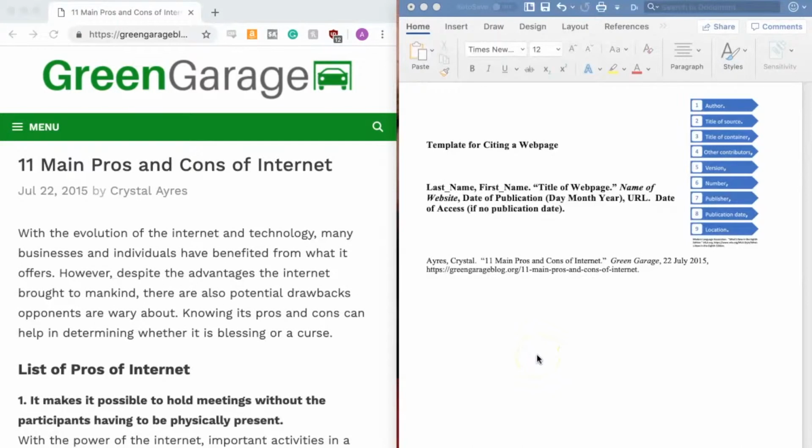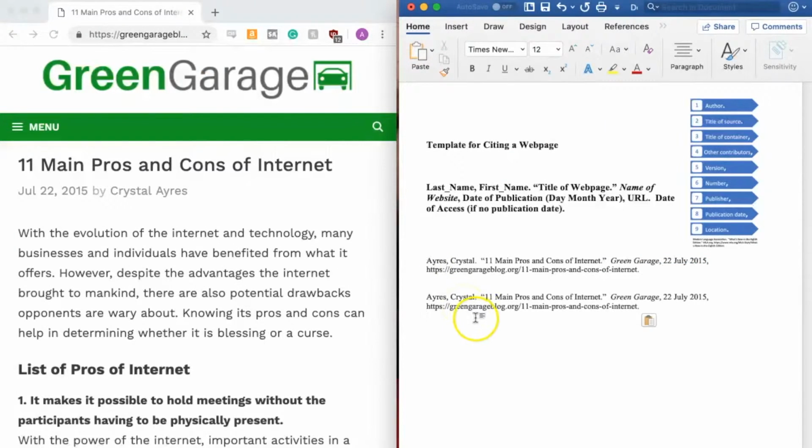There are 2 other things I want to mention that can make citing a web page a little bit more complicated. To show you, I'm going to go ahead and duplicate this citation so that I can modify a different version of it. The first is that web pages often don't have a publication date. So let's pretend that it doesn't say over here when this web page is published. If that is the case, we won't have a publication date in our citation, and instead we need to include